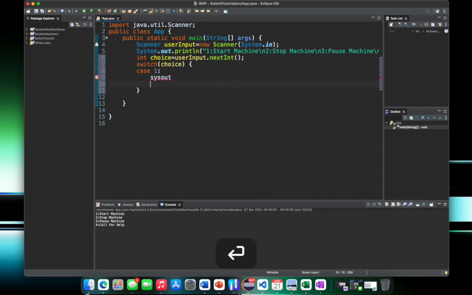And then I'm just going to give a system out just to say machine has started. And then you need to put a break command underneath, like that. Okay, and I'll show you in a little bit what happens if you don't do the break command. Then I'm going to say